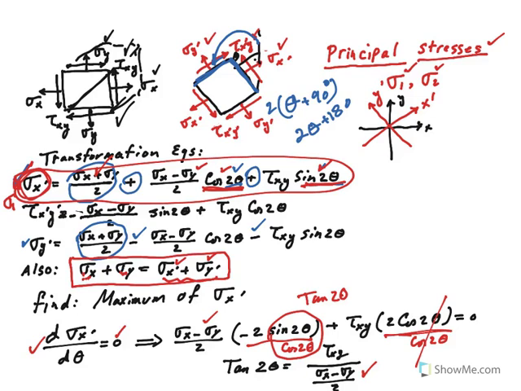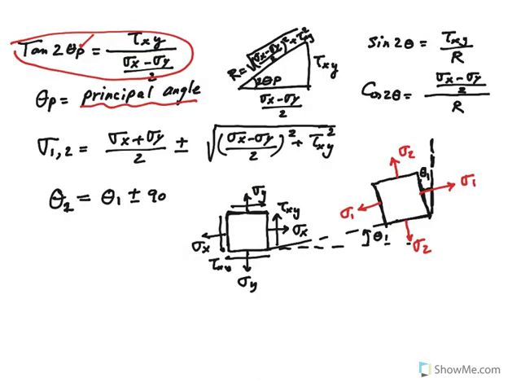sigma 1 actually. So the problem is that we have the tangent of the angle, but we need sine 2 theta and cosine 2 theta to plug in. But there is a remedy for that. So if we say tangent is, look at this triangle, tangent is what? Opposite over adjacent. And then find the hypotenuse of this triangle, which I called R. And the reason I call it R is because I don't want to carry that all the time. So R actually happens to be the radius of that Mohr circle, the graphical approach that we're going to talk